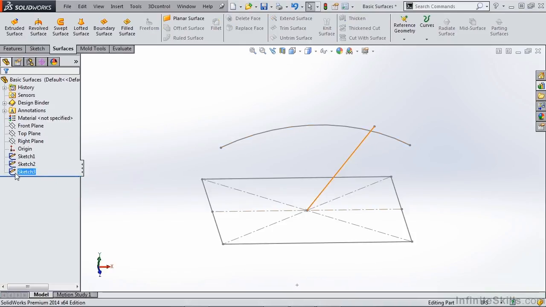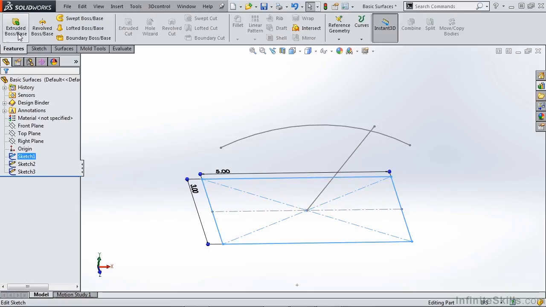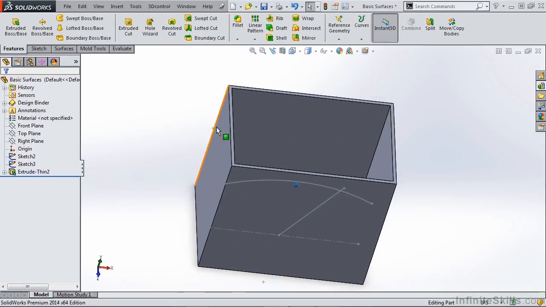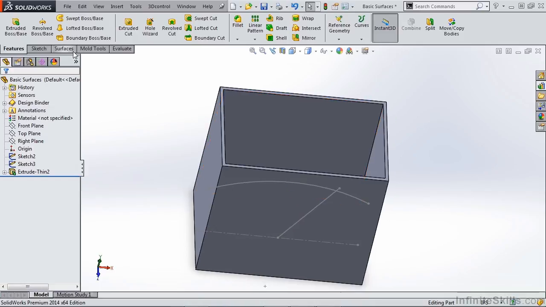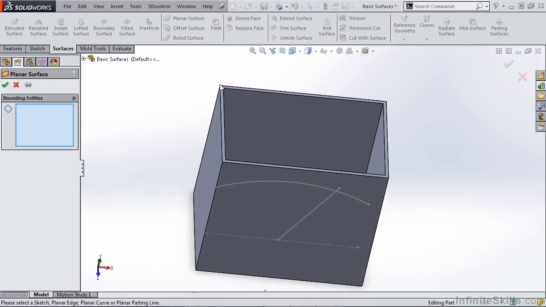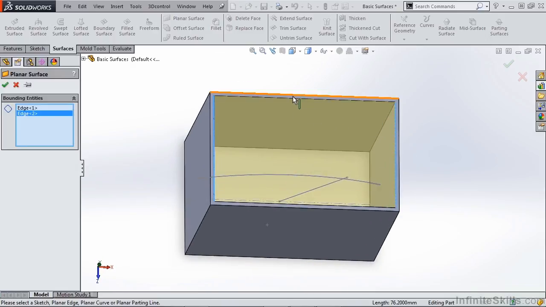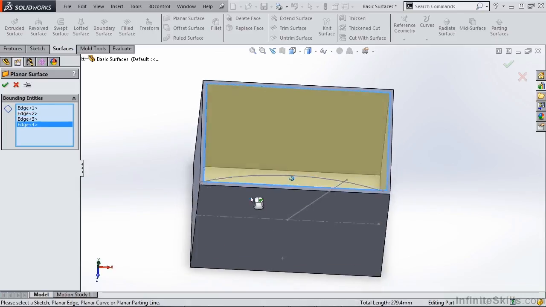If instead we take that same sketch and we do, let's say, a thin wall extrude, this is the same as creating a solid extrude, maybe with a shell operation. And let's say we wanted to fill this top section in. We could use planar surface in this case by selecting the two open ends. Now, if for some reason these ends were not perpendicular, you can select all four corners of that open boundary